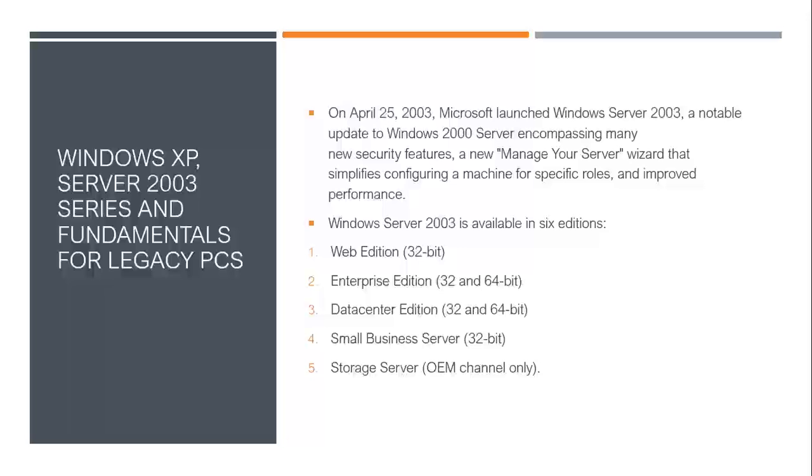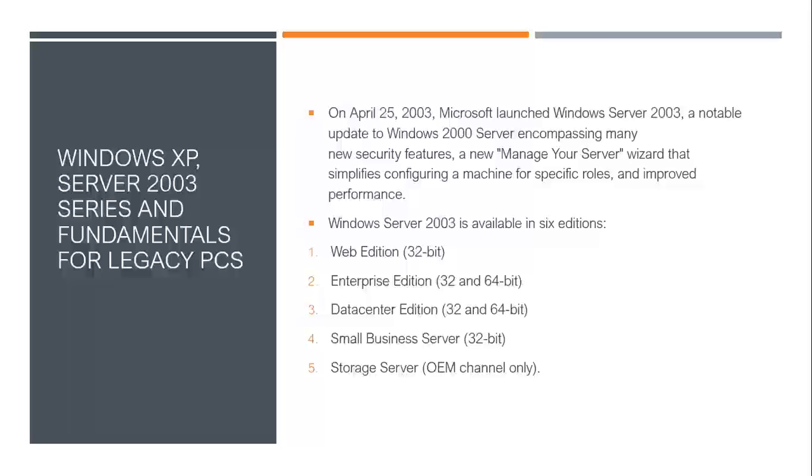A notable update over Windows 2000 Server was the new Manage Your Server wizard, which simplifies configuring a machine by specifying its roles and helps you improve your server performance through the Manage Your Server wizard in Windows Server 2003.